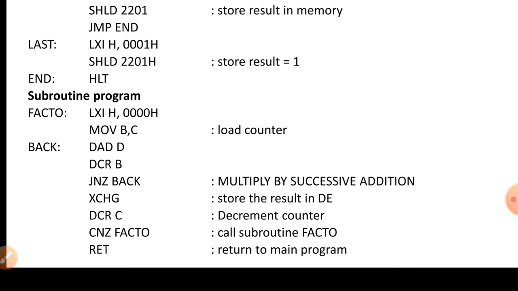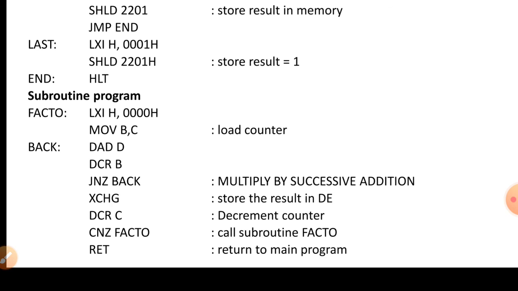After that we have to multiply 12 by 2, so we add 12 two times. All these things will happen in the subroutine program. So 12 will be added 2 times, so it will become 24, and then we still have to multiply it by 1.